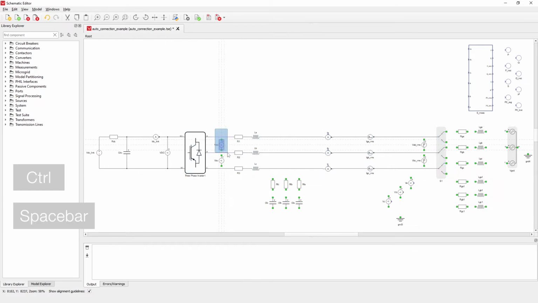Similar as before, let's connect the line voltage measurements. Short-circuiting of terminals is a useful complement when connecting to existing wires. After adding a filter in parallel, for example, the auto connection command can be repeated to short the opposite side.